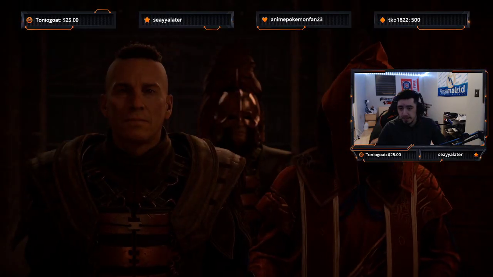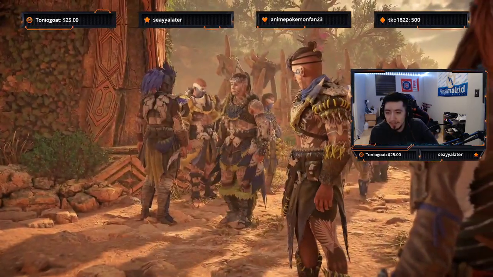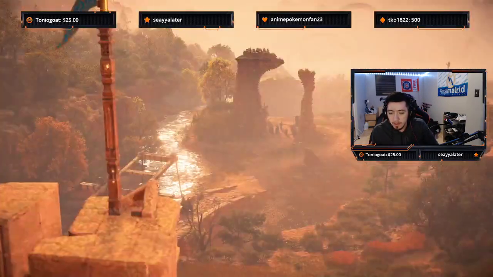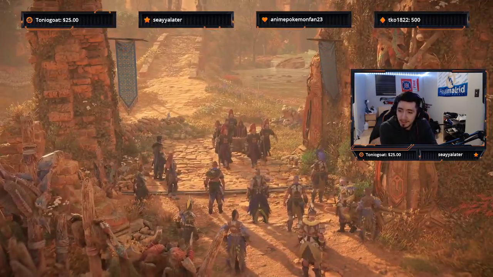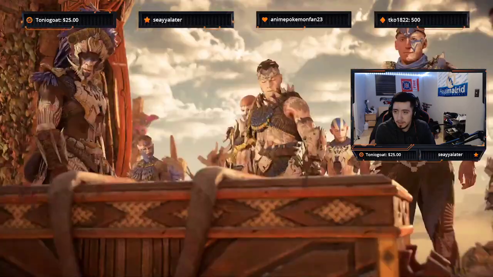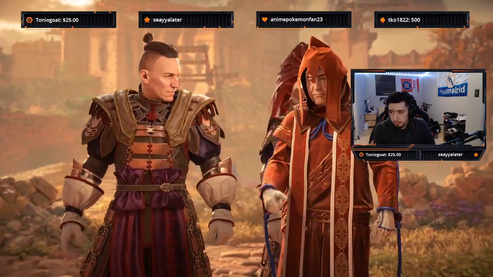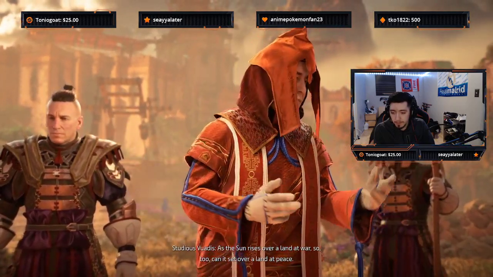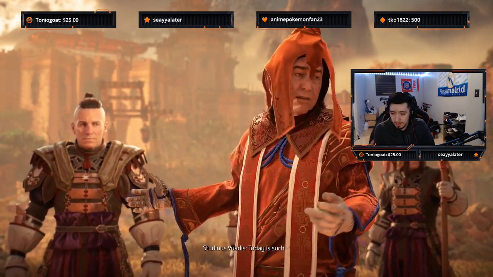Oh crap. This is gonna get good. The Karja have opened the gates. Oh, guy with the little scroll. So they're giving them goods for the trade-off, right? He's scared as hell. As the sun rises over a land at war, so too can it set over a land at peace. Today is such...